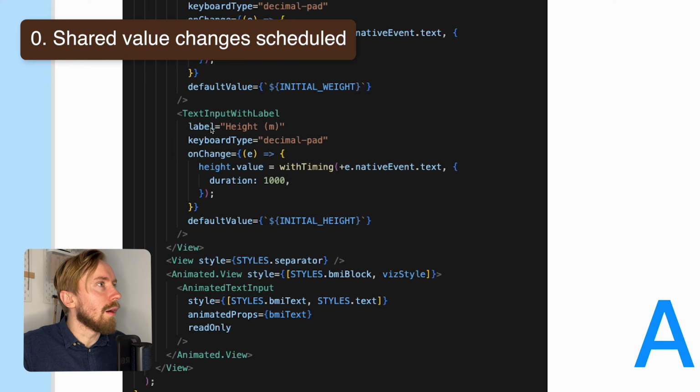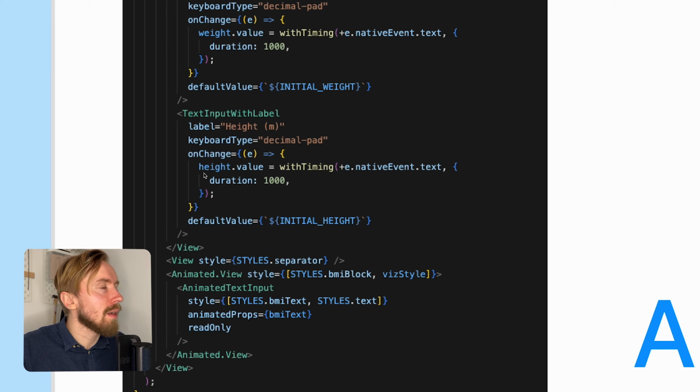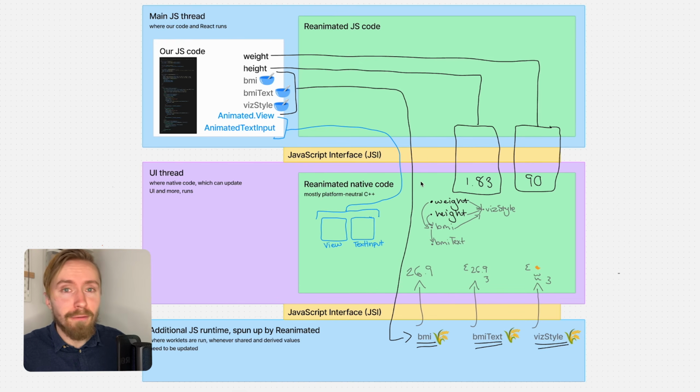Again, we have our height text input here, and we have a handler. It's very much the same story here as to how the value gets assigned. The shared value is assigned the value that the user enters, converted to a number with timing, that is to say after a duration of 1000 milliseconds, 1 second. This is all going to sound very familiar, believe me, I'm aware of that,